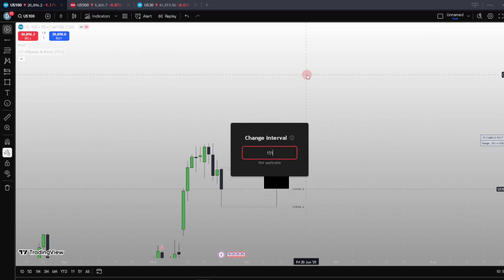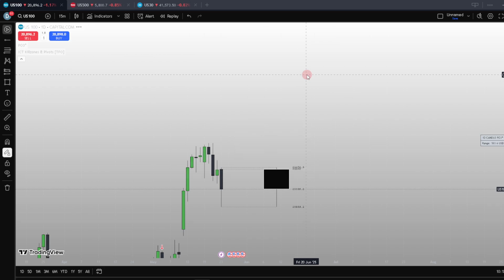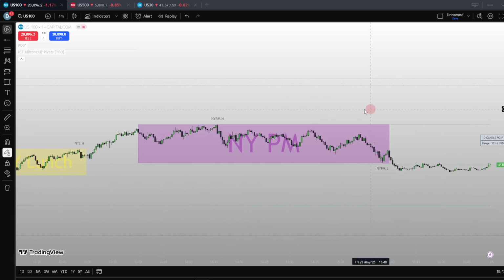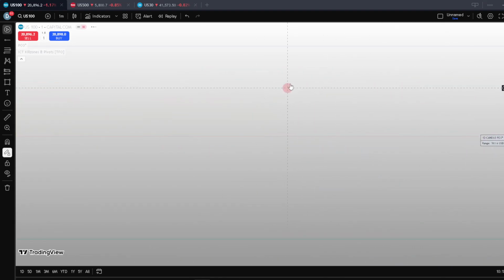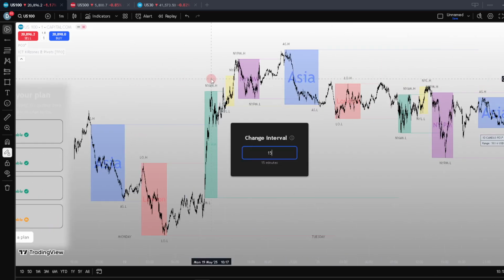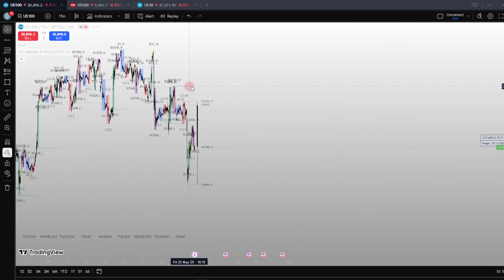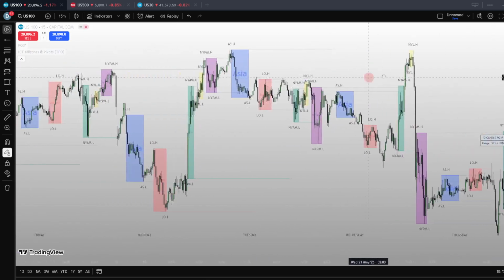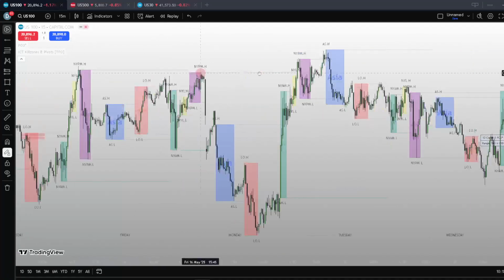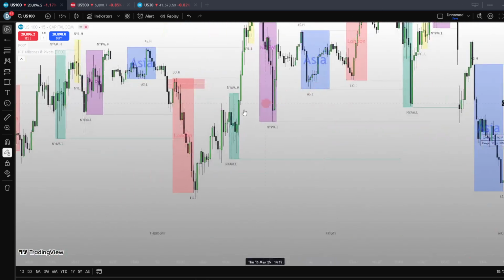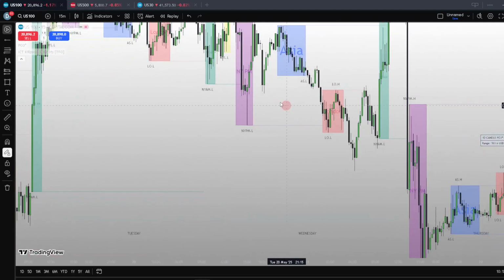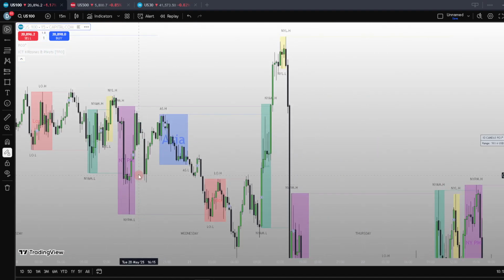I'm gonna show you one example here, because I don't want to make this video really big. I want to make it simple, and I want to make it really understandable for you guys. I marked a level here. Where is it? Oh yeah, this was the best example that I could show you guys, because this is the easiest one. As you can see, 5-minute time frame. We tapped into this 5-minute fair value gap, and we dropped down. This is really far away. I don't have a subscription to TradingView because I don't need it.